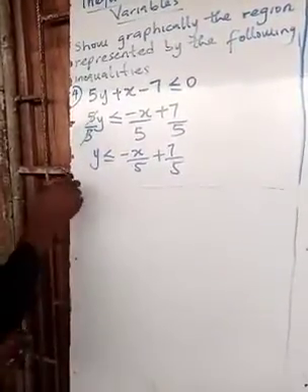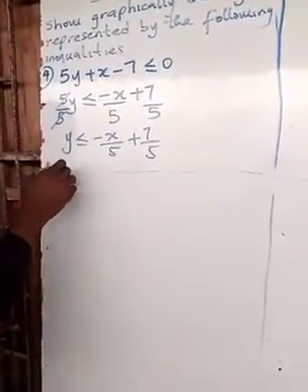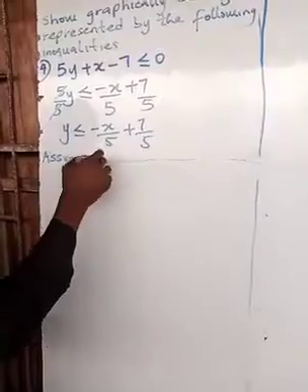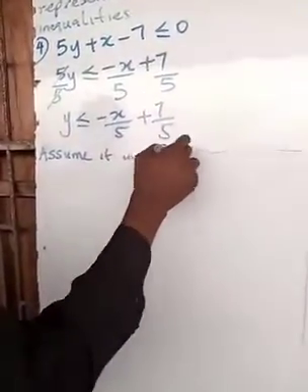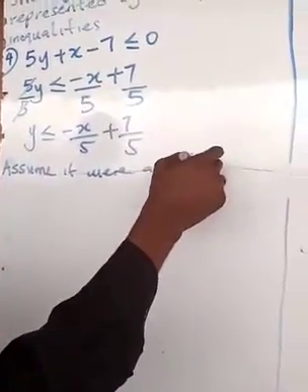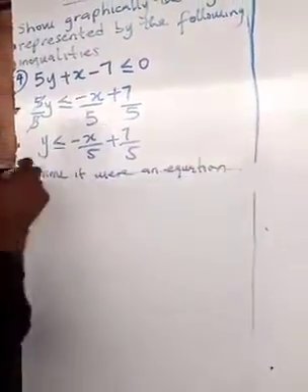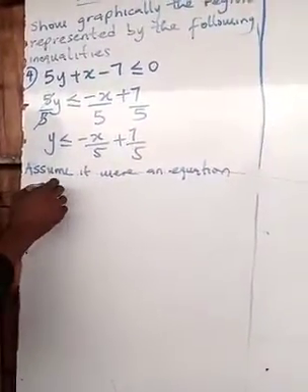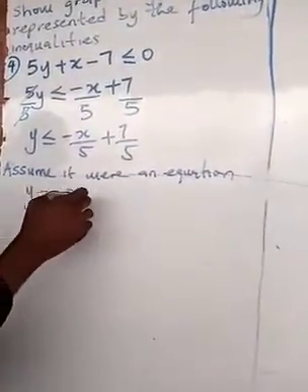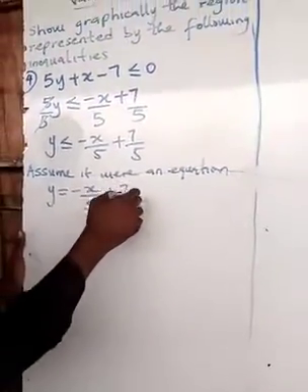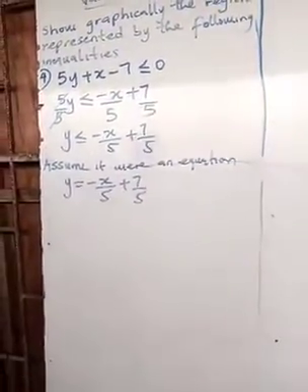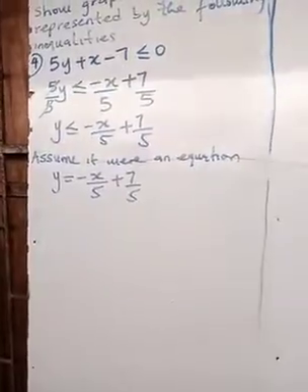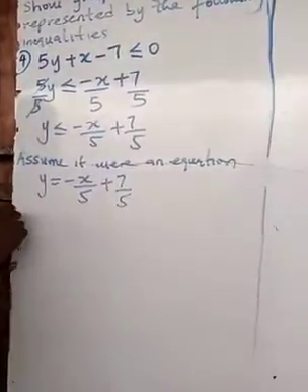So as usual, you assume it were an equation. So if you assume it were an equation, we have y equals to minus x over 5 plus 7 over 5. So now to find y, find y